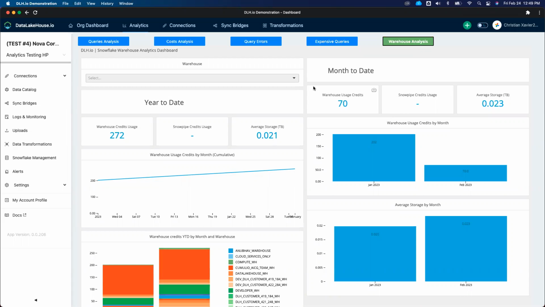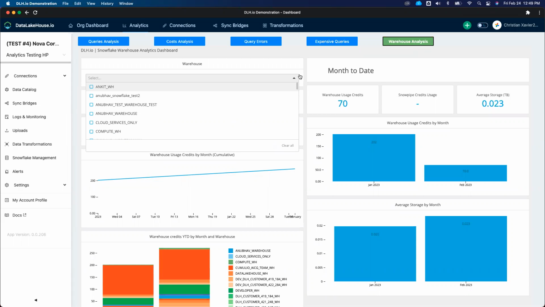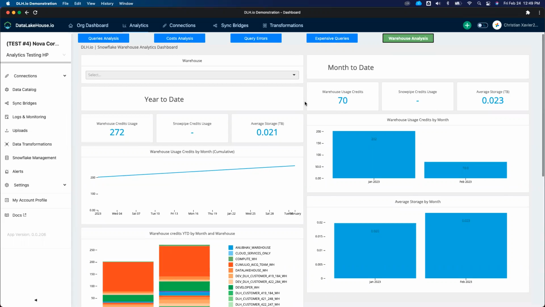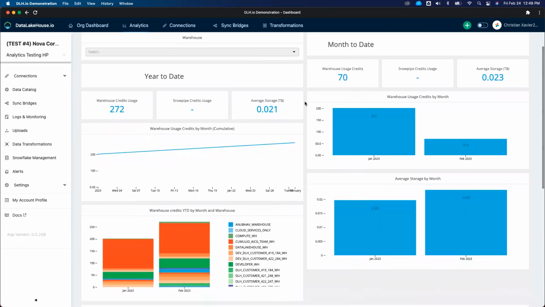And so we're able to slice and dice. We're able to look over different time periods and across different warehouses. A very nice slice and dice type of capability for you as an end user who's looking to understand more about your Snowflake accounts. And this is one that also is very important to customers, where they want to identify on a monthly basis or year over year, year to date basis exactly how much has been consumed